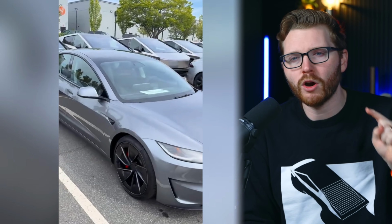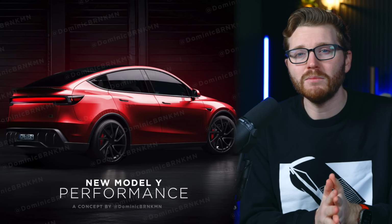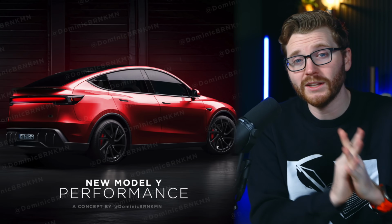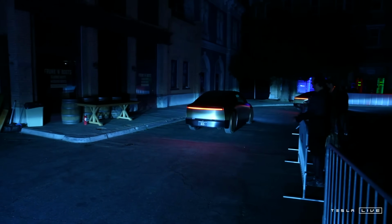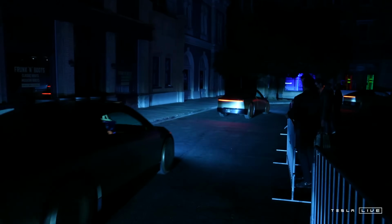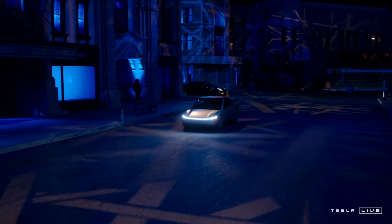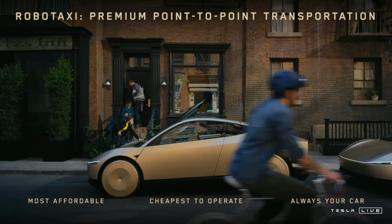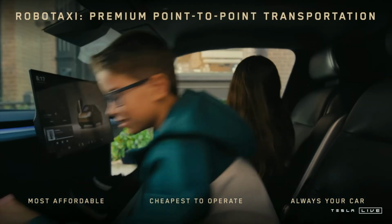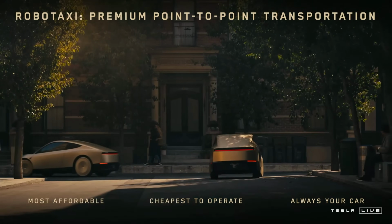So hopefully by this summer, we've got Model Y Performances with this new design available for configuration and hopefully delivery. And then, of course, Cybercab continues to undergo some final testing before its official launch happening as soon as June in the Austin area, then maybe around the same time, earlier or later in California, as Tesla, again, has apparently put in some filings for free rides they're going to be offering to sort of get people on the Cybercab